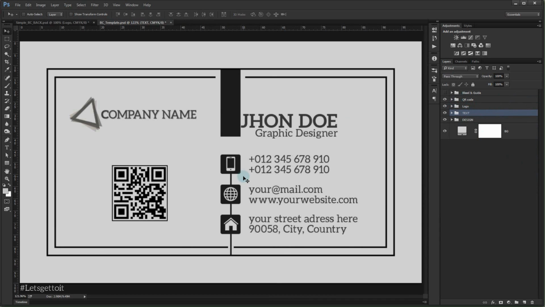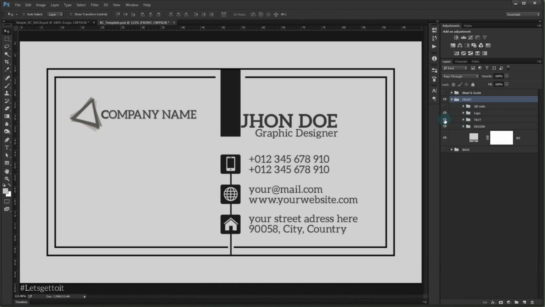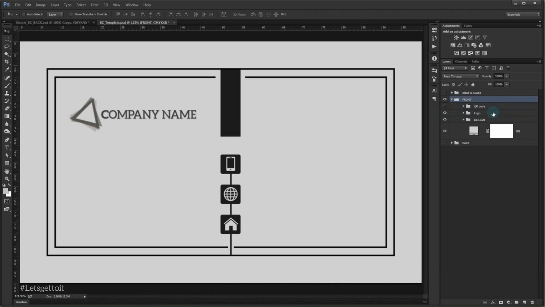And we're done with the back of our business card in here. Now we're gonna make the front of our business card. So we're just gonna put everything in here in a group, and I will call this back. Alright, and I'm gonna make a copy of it by pressing Ctrl J, and I will call this front. And I'm gonna uncheck this one in here, and I will go to the front, and we don't need the QR code in here, and we don't need the text, so I'm just gonna delete everything from there,